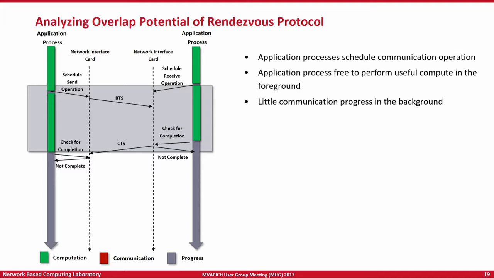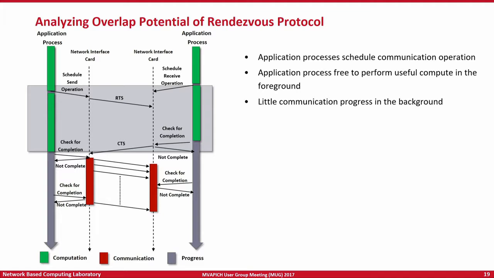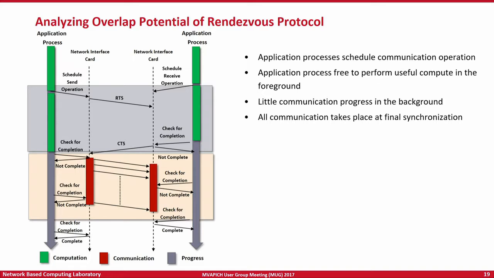Now, the benefit of this is, because we are not pushing up the eager buffer size indefinitely, it has reduced buffer requirements, and it has good communication performance if used for large message sizes and if the communication library is progressed frequently. However, there is very poor overlap of communication and computation. So what MVAPICH2 proposes is to see if we can have a dynamic and adaptive point-to-point communication mechanism which adapts itself to the communication requirements of the application.